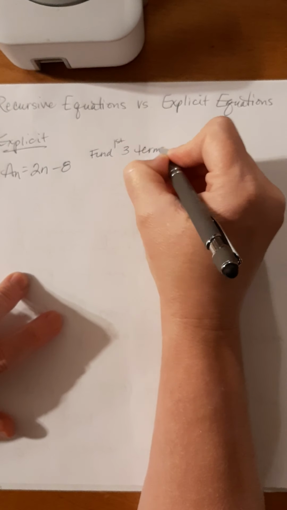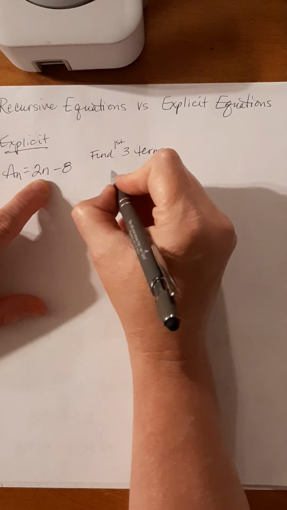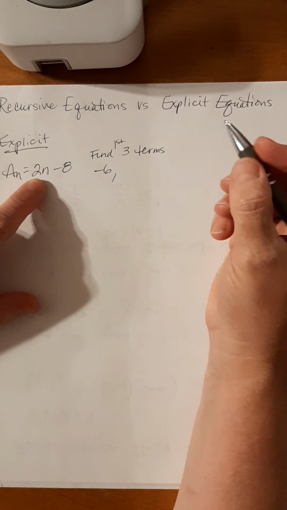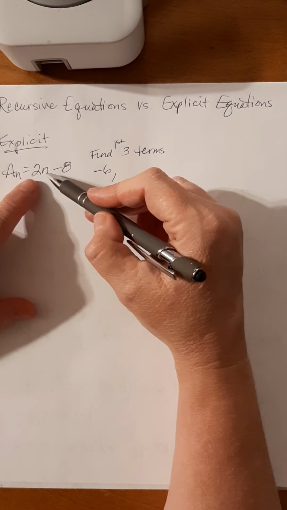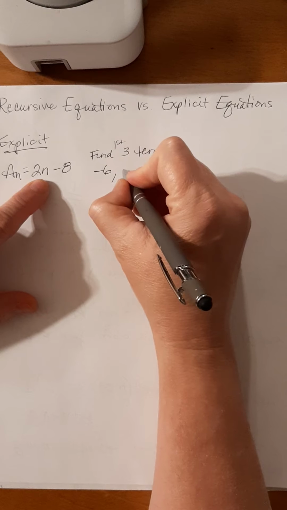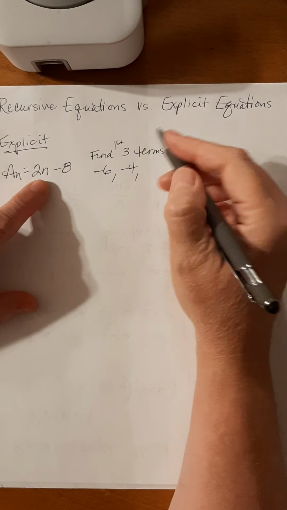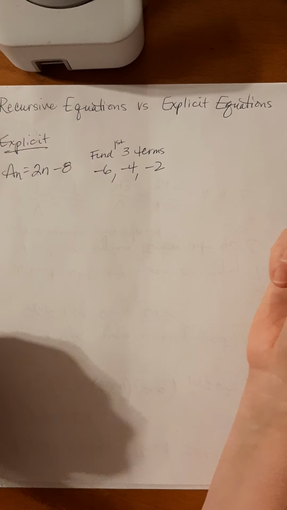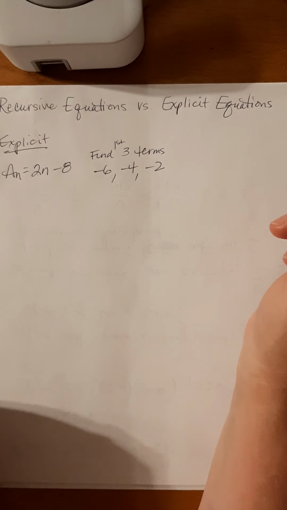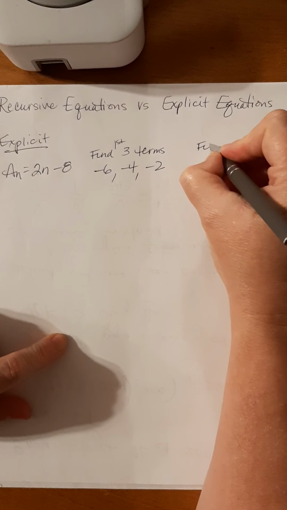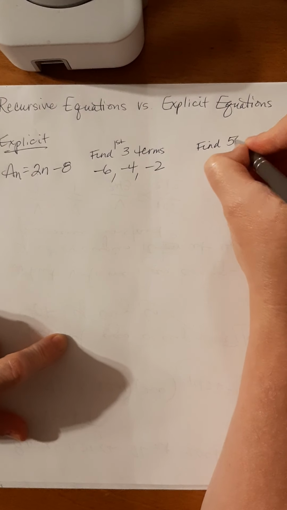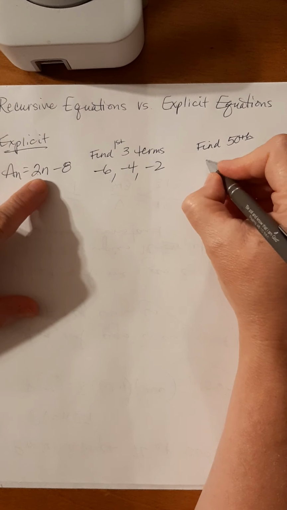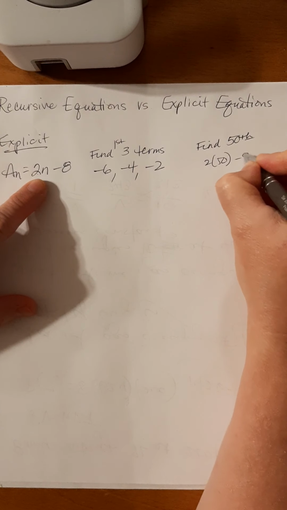well, that would be no big deal because n is 1, so you plug in 1. So 2 times 1 minus 8, negative 6. Then plug in 2. 2 times 2, 4 minus 8, negative 4. 3 times 2, 6 minus 8, negative 2. And so you're like, oh, nice. Well, you could also, if I wanted to say, find the 50th term, you just plug in 50. So 2 times 50, 100, minus 8,